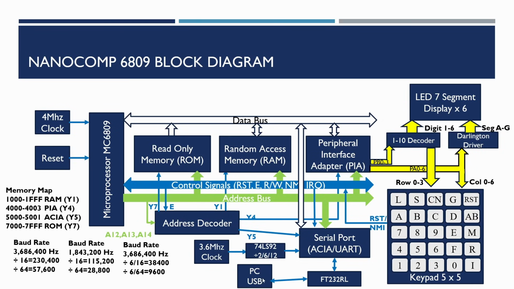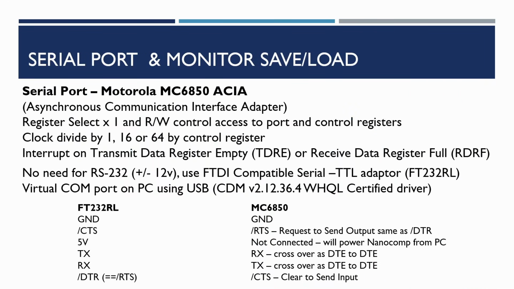So we're going to use that, and then we're going to be using this TTL to USB serial adapter. They normally can cost a couple of pounds a time, and that's going to connect to the PC USB port, where we'll be using a virtual communications port or COM port to connect to that. So we're actually going to be using the Motorola MC6850 ACIA, Acacia, however you want to say that, an asynchronous communications interface adapter, sometimes also known as a UART.